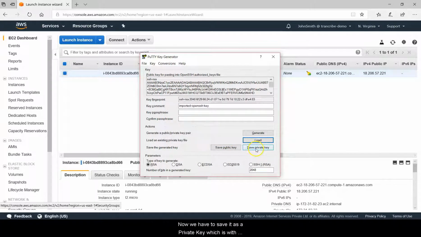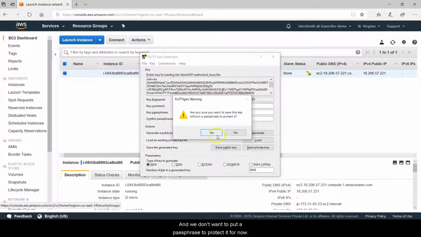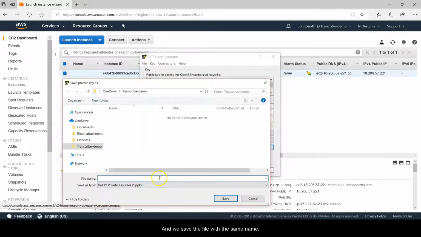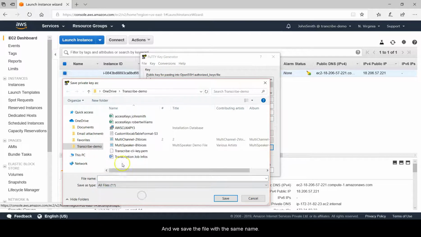Now we have to save it as a private key, which is with the .ppk extension. We click on save private key, and we don't want to put a passphrase to protect it for now. We click on yes, and we save the file with the same name.